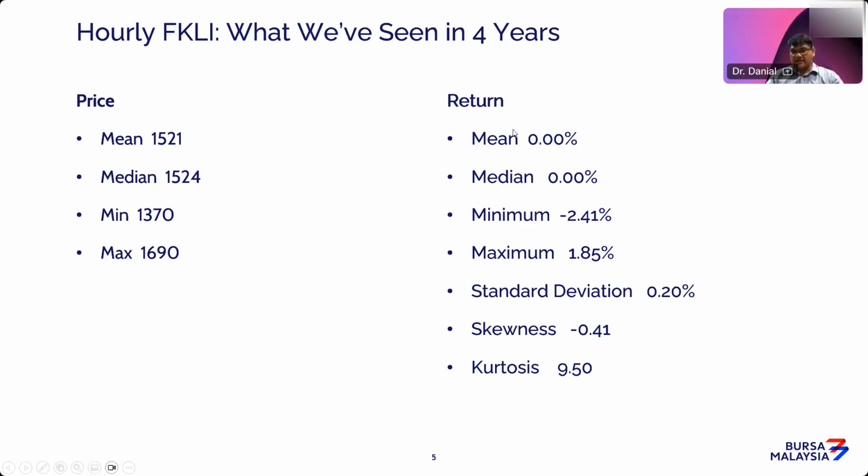So from here, we can see that mean and median is just 0. It means that for hourly data, let's just say at 3 o'clock, the KLCI futures we see at the level of 1,500. It goes up, it goes down. At 4 o'clock, it will end at 1,500 as well. In between, it goes up, down, up, down, but then it ends at the same level. So that's why the mean and median show the same number.